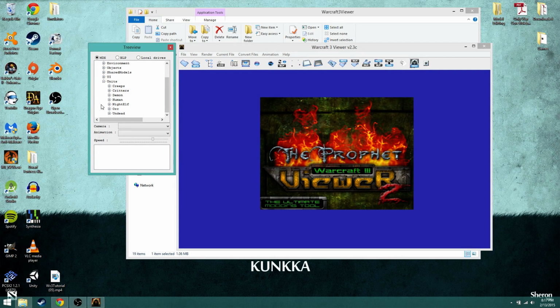I can only export all the meshes at once, which means we have to do some cleaning up of the models, which is part of the reason why we use Blender. And I can't export textures with the team color, which means if you want to edit your textures to have colors on them,